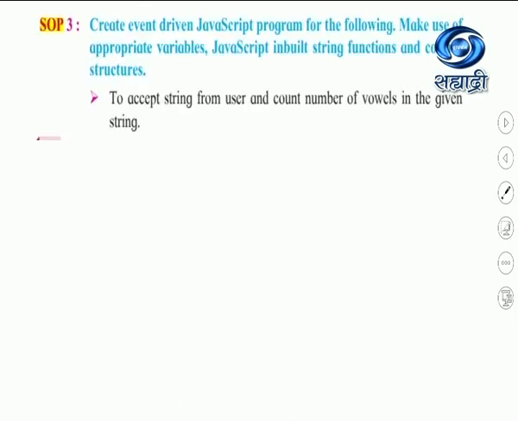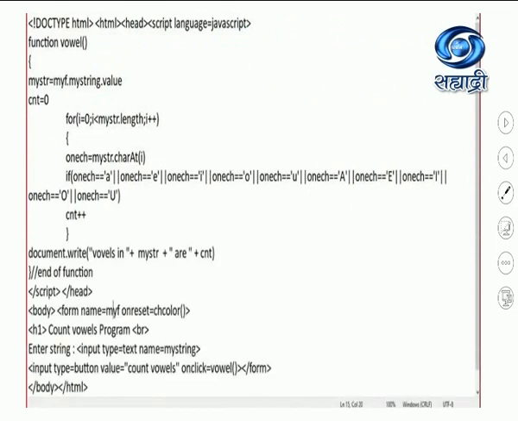Here let us see one more program, that is the counting of vowels. So this is the counting of vowels program. Here I have accepted some string again, and upon clicking, the function vowel will be called. This is again an assignment for your practical: you need to assign the value 0 for the counter, and you are going to increment that counter if it finds A, E, I, O, U.